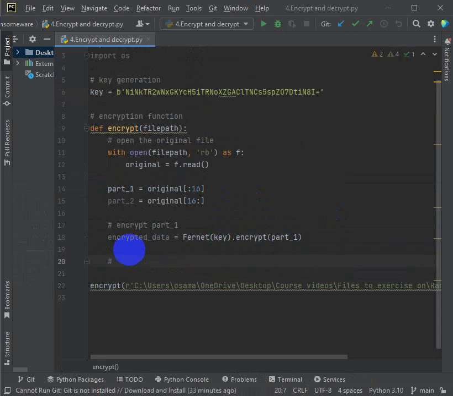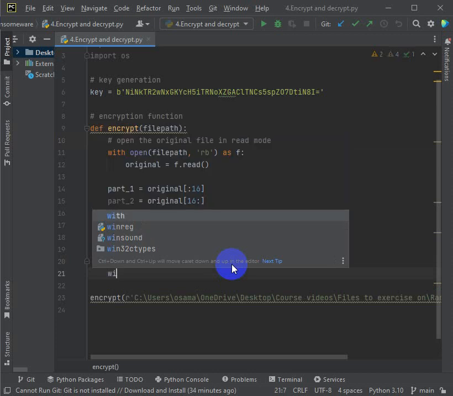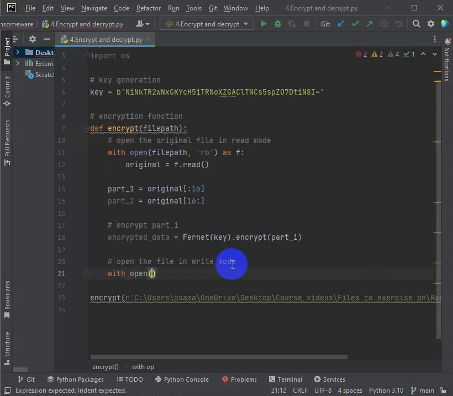I will open the file in write mode. In this open, I opened the original file in read mode and read data from this file. Here I will open it in write mode. So I will type here the open function